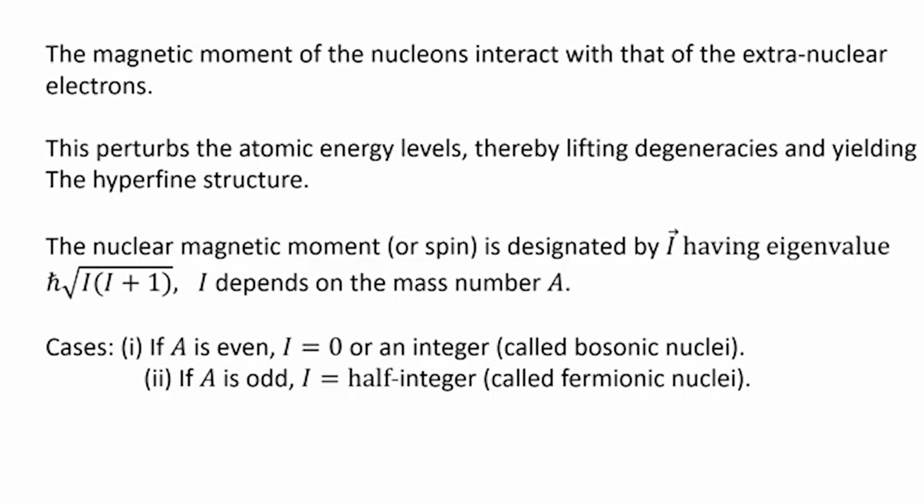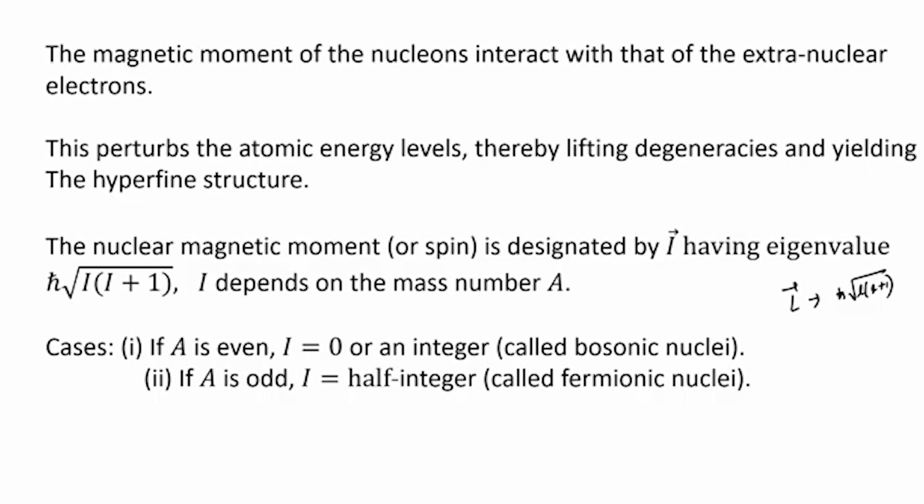We know that for an angular momentum L, the eigenvalues are h cross into root over L into L plus 1, where L is the orbital angular momentum quantum number,